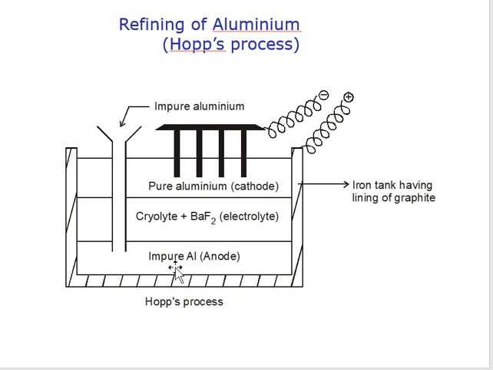That is, impure aluminum acts as the anode, which forms the lowest layer of the cell,